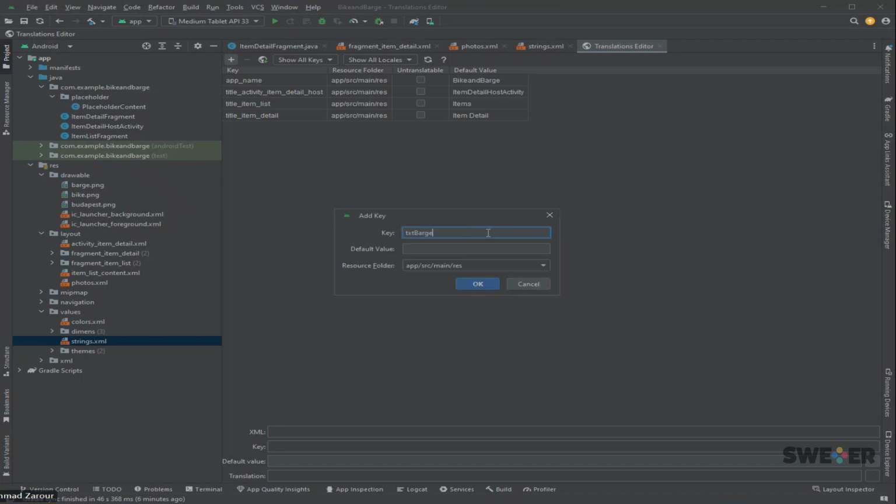Define txt bar, and here we will add text for the bar. Here it is from the book. It's this luxury boat leaves beautiful Amsterdam, and so on. Then we will add another text for bike. We want to take a bike or ride a bike, txt bike, and the text for this is